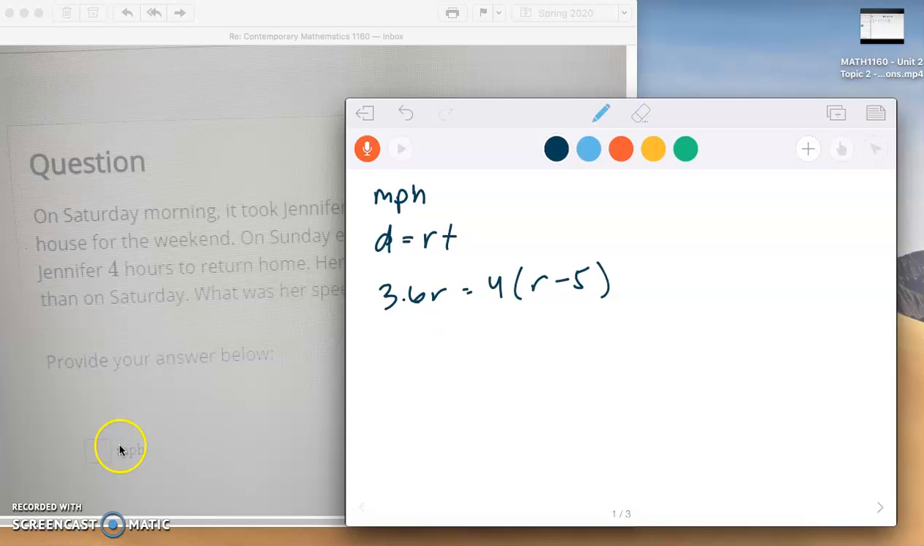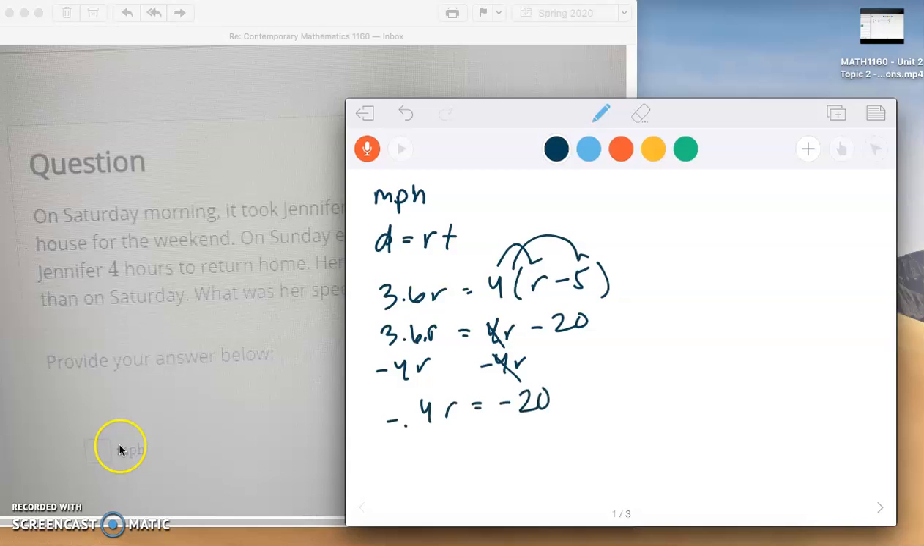So now once we solve this, we need to distribute over here, right? We need to simplify first. So we have 3.6R equals 4R minus 20. So in order to clear these out, we've got to add 20 to both. Well, no, I'm sorry, that's not the right thing. We need to subtract 4R from both sides, right? So this is going to clear out. So we have 3.6 minus 4, which gives us negative 0.4 R equals negative 20, right? Are you with me so far on this? All right, so then